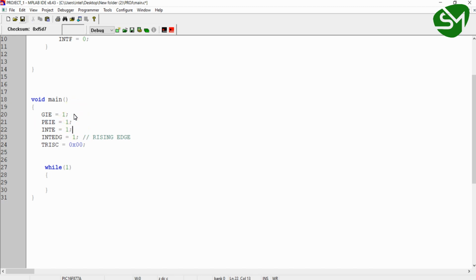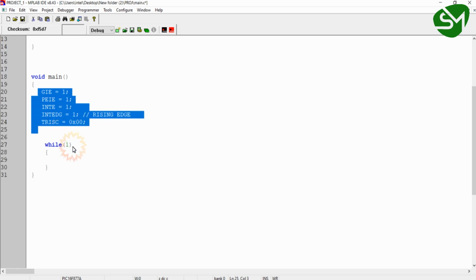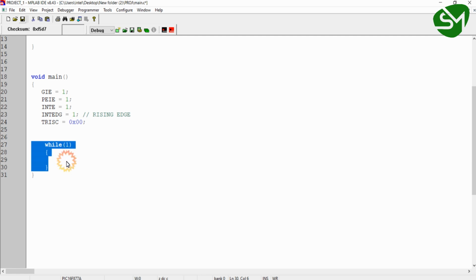We have initialized and enabled the global interrupt enable bit, peripheral interrupt enable bit, and external interrupt enable bit. After that, we have chosen the rising edge in the INTEDG bit that is available in the option register. Then we have configured the LED pin as output. When the program starts, all the configuration parts will be done, and then the control will be passed to the while(1) over here, and it will be held here since we have not written anything here.